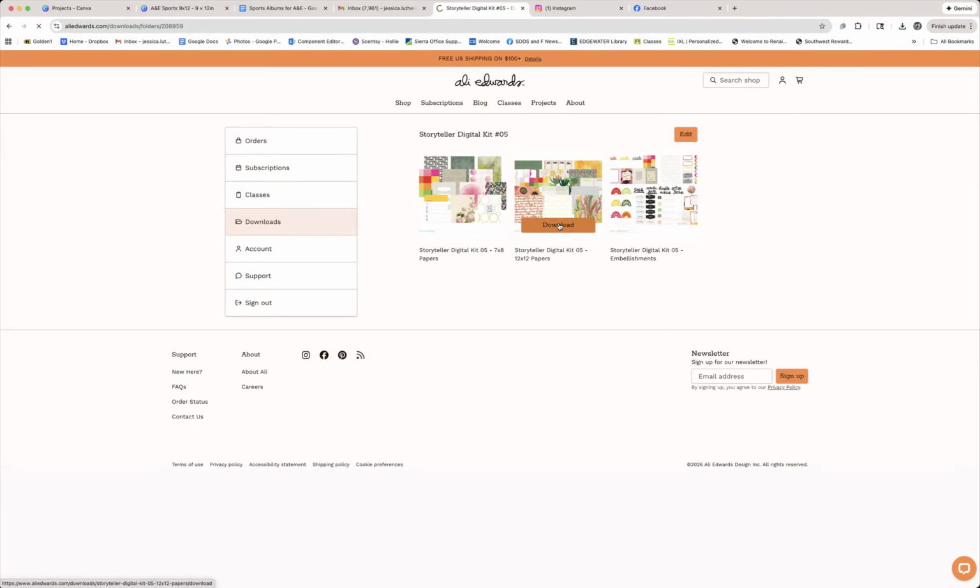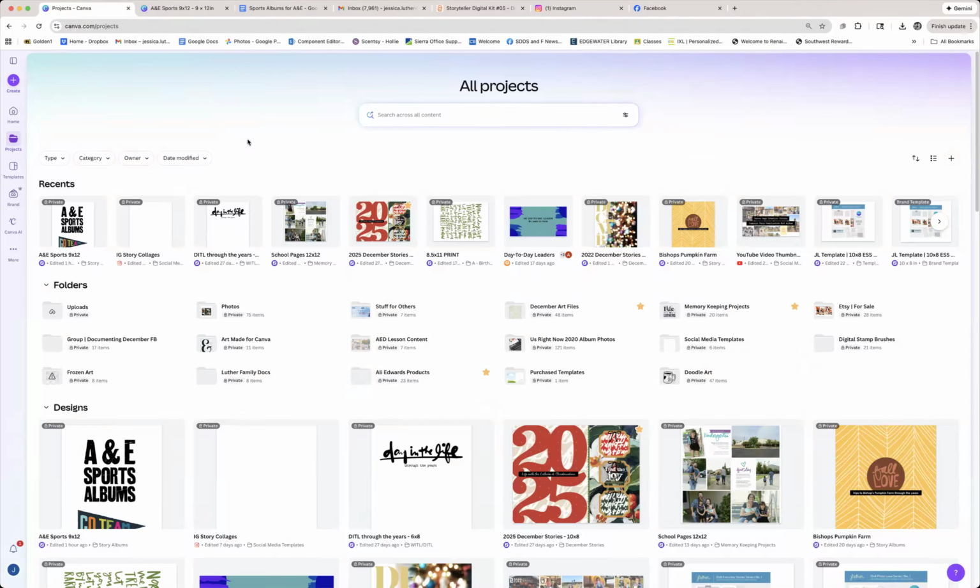I'm going to go ahead and click the digital paper kit 12 by 12. And now I'm going to click on the 7 by 8 papers. And once I've got all of that downloaded, I'm going to go ahead and just open up those zip files so that I can drag them and drop them into Canva. Okay, so I've got those folders open. And again, apologies, you can't actually see my downloads folder on my desktop. But now we're going to go back over to my Canva